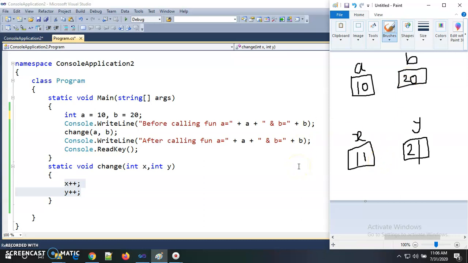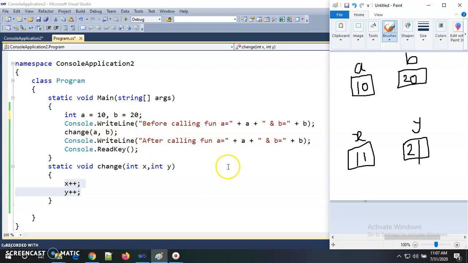Now if I want this changed effect inside the a and b variables, we need to pass these values by reference and not by value. So we are passing their reference and not their values. In this program, we are not passing the value of a and the value of b. Instead of passing the values, we are passing their references.